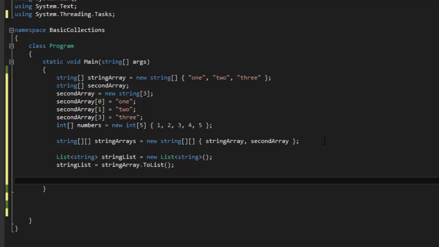That's one way to populate. We can also populate them through enumeration, where if you have a list of things, you list.add, and you just loop through a collection and add them to that list. Lists have a whole lot of cool methods that arrays just don't have. We're going to actually cover that here in a little bit too, but with the list we can do things like